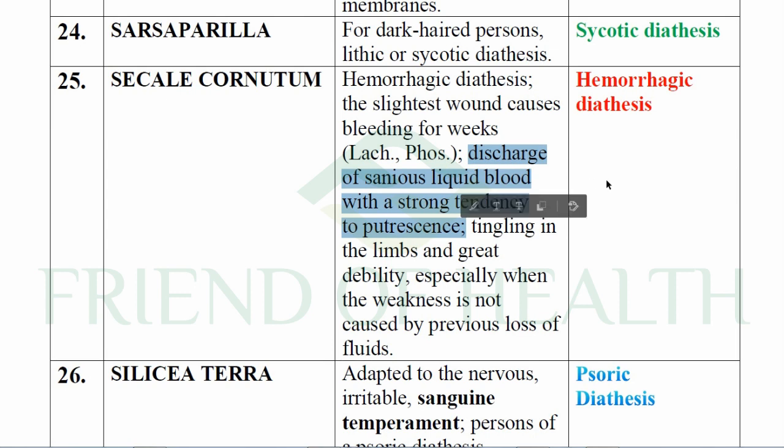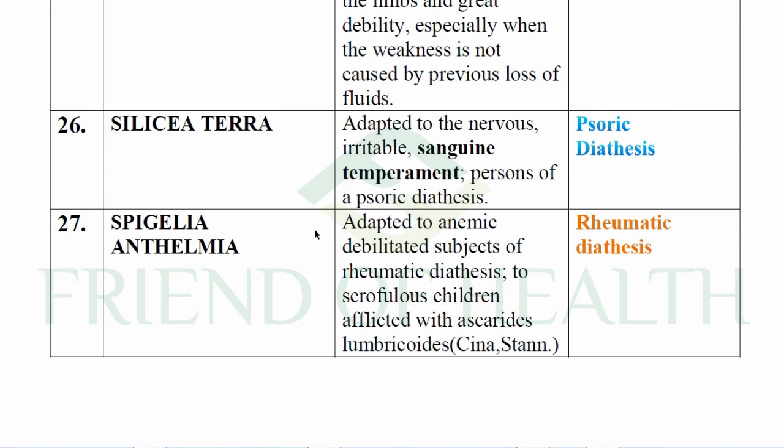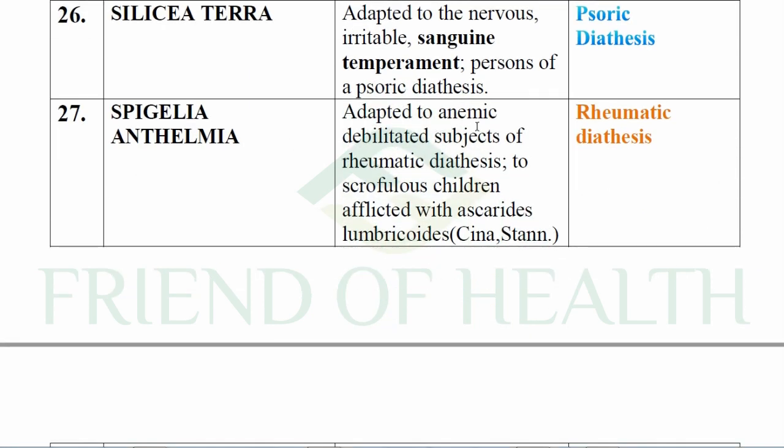Discharge of sanious liquid blood with a strong tendency to putrescence, tingling in the limbs and great debility, especially when the weakness is not caused by previous loss of fluids. So such symptoms are important. Hemorrhagic diathesis again. So next is Silicea terra, psoric diathesis. Apart from Psorinum, Silicea is also there with psoric diathesis, adapted to the nervous, irritable, sanguine temperament persons of a psoric diathesis. And Spigelia, adapted to anemic, debilitated subjects of rheumatic diathesis, to scrofulous children afflicted with ascarides, lumbricoids,